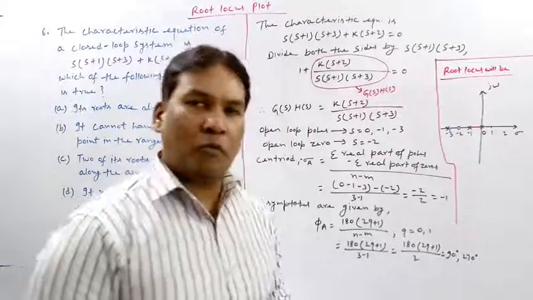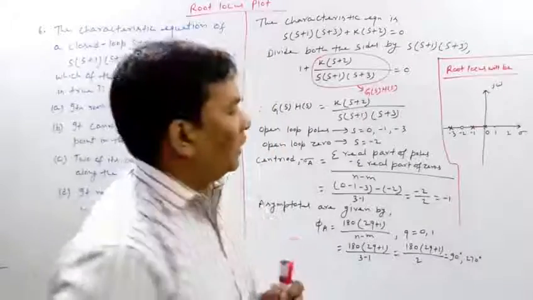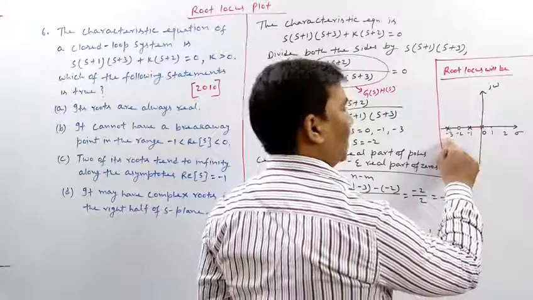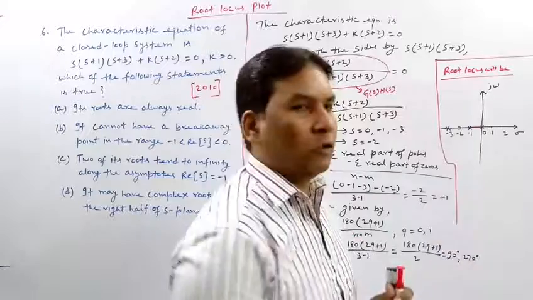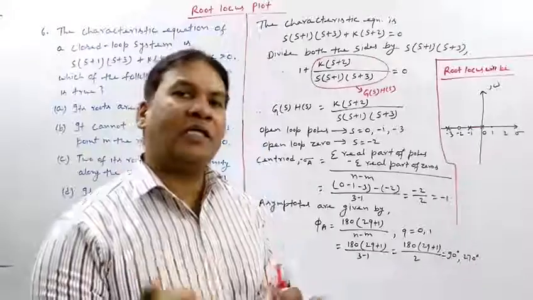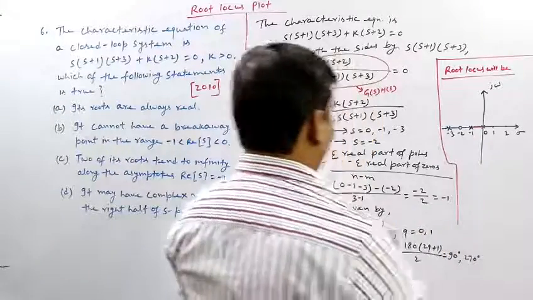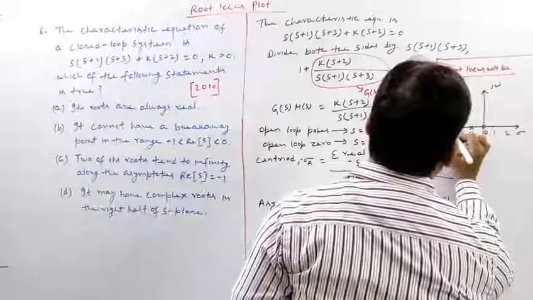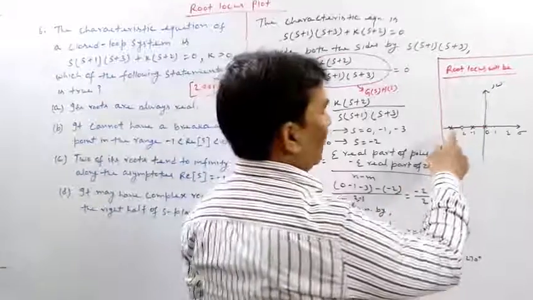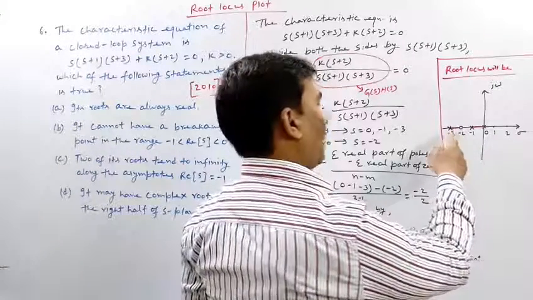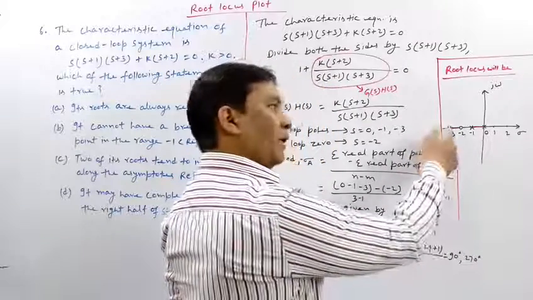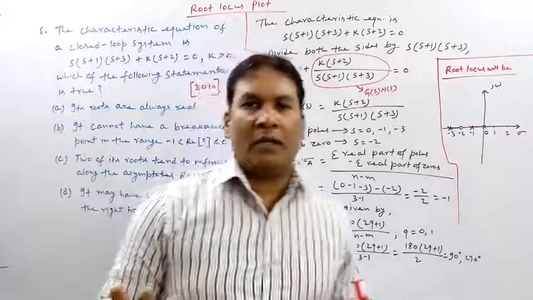Let us see about the branch between -3 and -2. Yes, this will be a part of the root locus. Why? Because to the right of the branch of the real axis between -3 and -2, the total number of poles and zeros is 1 zero and 2 poles, so 3, that is an odd number. So this will be a part of the root locus. Let us indicate this by red. Now the same logic applies to the branch of the real axis left of -3, and that will not be a part of the root locus.